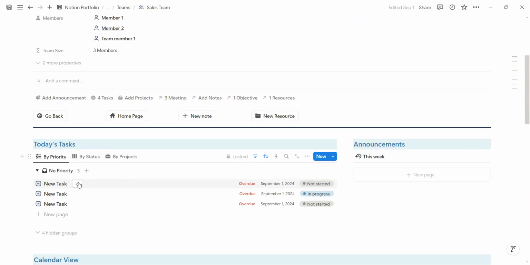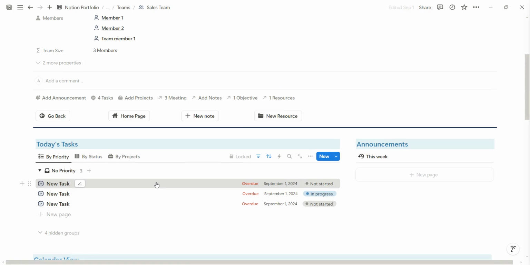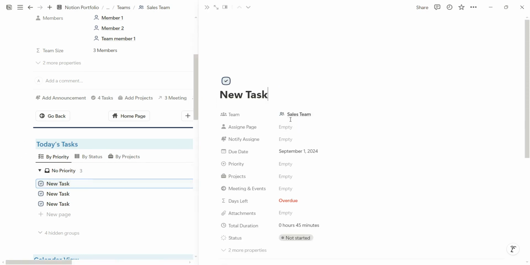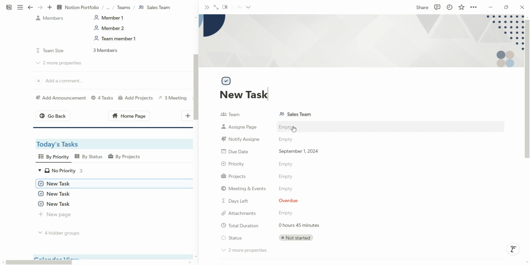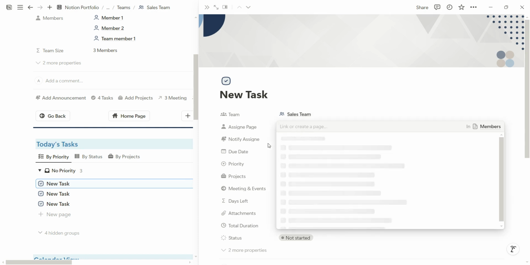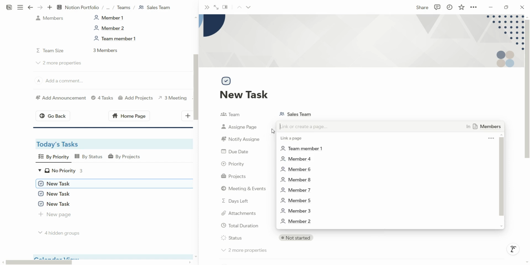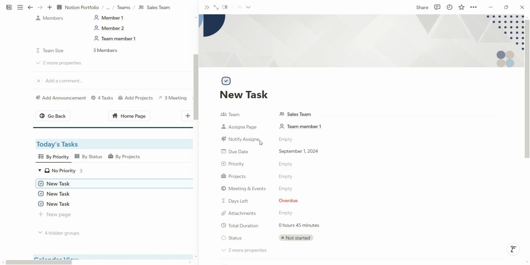So for example, if you click on this task here, you can see that it's for the sales team. If you want, you can assign this task to a team member by selecting his profile from here. So let's assign it to team member one, and then you choose notify assignee. So if you want to send it to him, you need to fill out here and here to choose the assignee from the list,